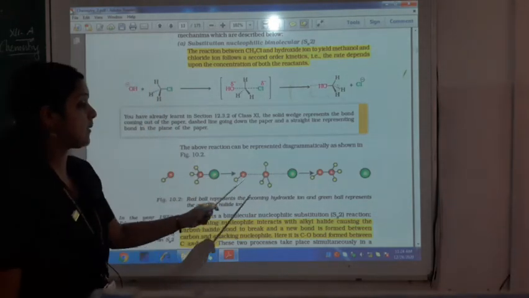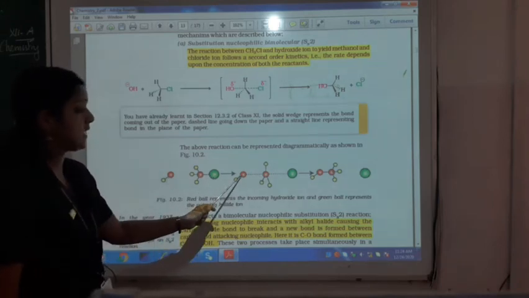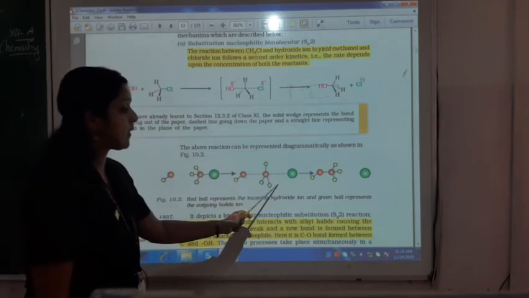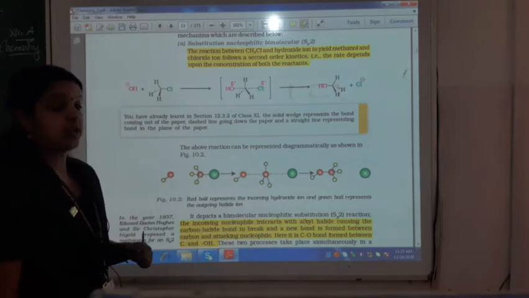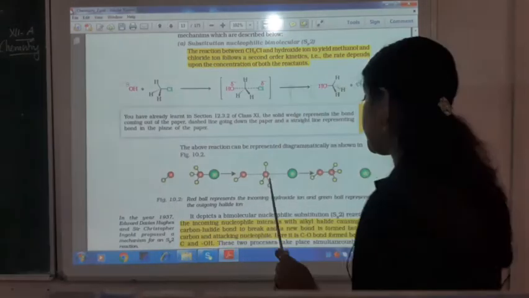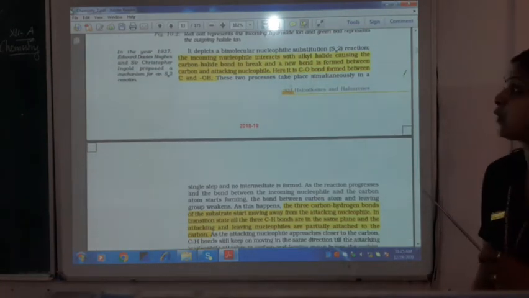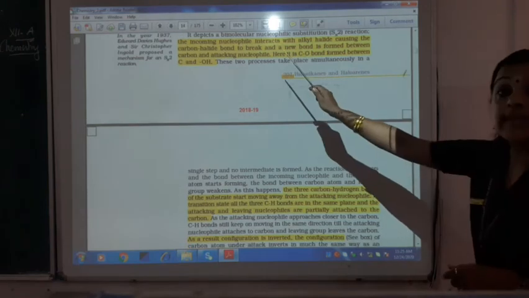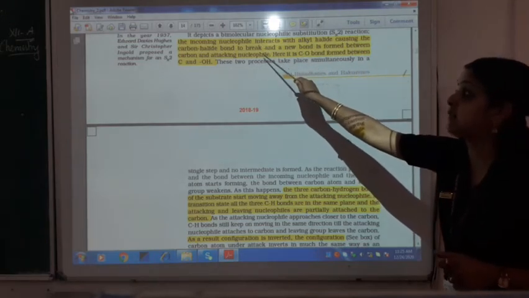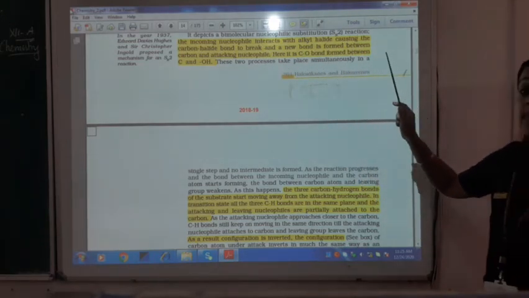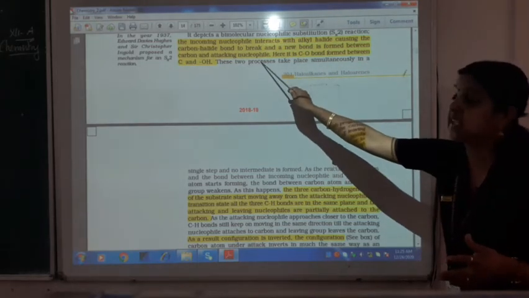So, the above reaction can be represented like this. You get a green ball on the right here. After this is getting attacked, what happens? The green ball breaks and this comes and attacks on the left side, that is the back side of the molecule or the structure. So, what happens here? The incoming nucleophile, now listen carefully, this is more important. The incoming nucleophile interacts with the alkyl halide, causing the carbon-halide bond to break. The carbon-halogen bond actually breaks and a new bond is formed between the carbon and the attacking nucleophile,